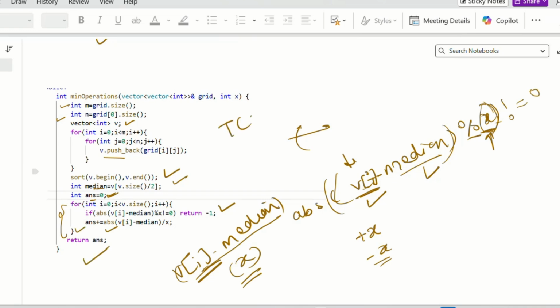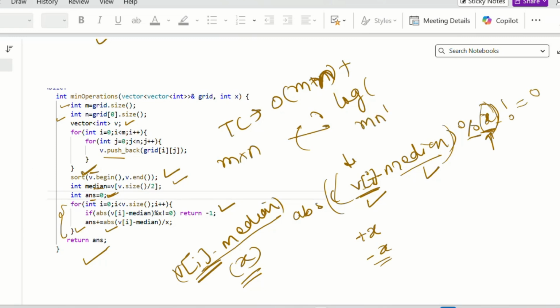If I check the time complexity, I have used two loops, so it will be m into n, because I am using two loops. And for the sorting, I have used log. What is the size of the vector? The size of the vector will be m into n.